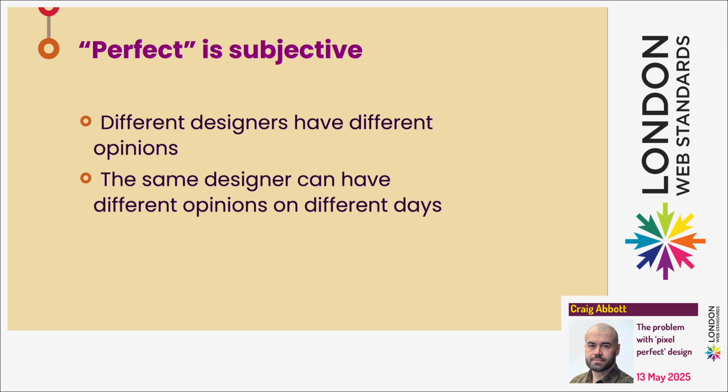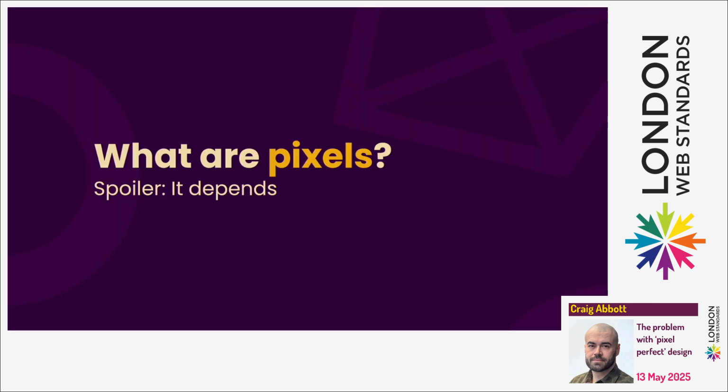But pixel perfect is an interesting term because perfect is really subjective. Different designers have different opinions on how wide a margin should be. If you ask the same designer on different days, they can have different opinions. So the term perfect is really subjective. So I think also when we talk about pixels,